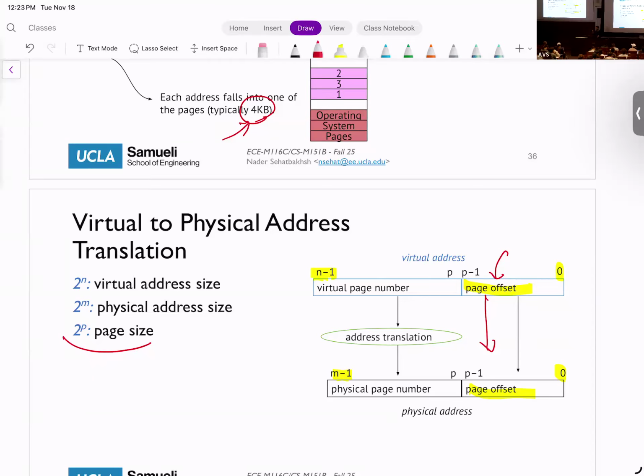That also makes the search much faster. It's much better to do it this way rather than translate everything, because then it's serialized. So I use the page offset directly. This part, which is called the virtual page number or VPN, is going to be translated into the physical page number or PPN. Okay, so the translation is translating VPN to PPN, and I just take the page offset and concatenate it with the PPN, and that's the new address that we're going to have. Okay.